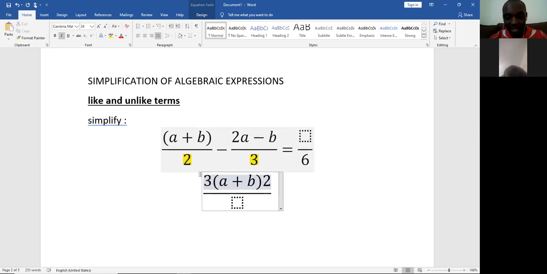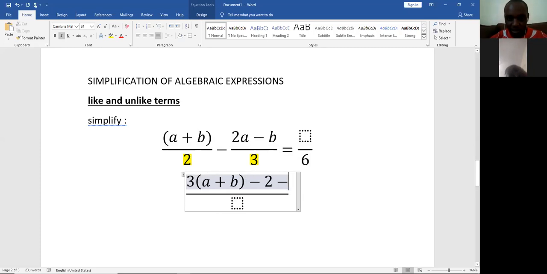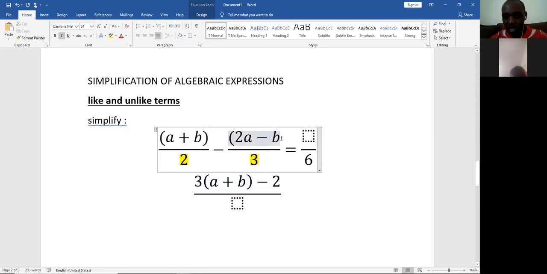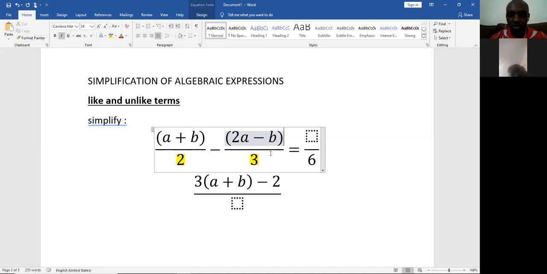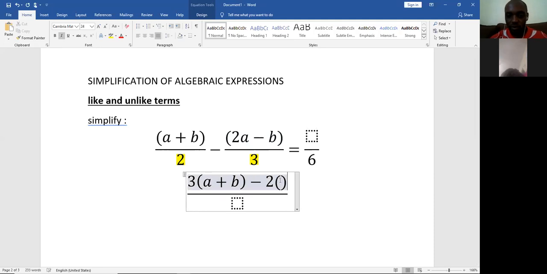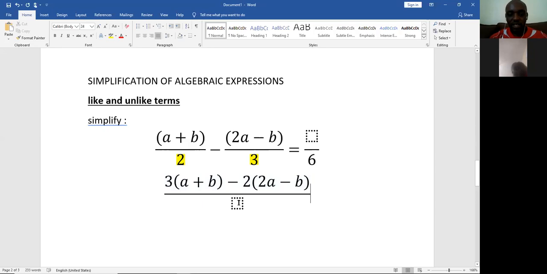You are going to multiply 2 by negative. Remember, there is a negative here. So you can decide to put the negative before 2 here. Okay, and then you can now remove this negative, because the bracket is supposed to happen here and here. So we say 6 divided by 3, we get the answer is 2, and then we put 2 outside of this bracket here. That's what I want to do here in this case. So this is 2a minus b. This one obviously is over 6 here.